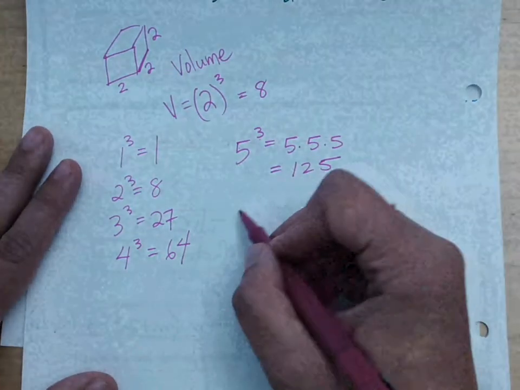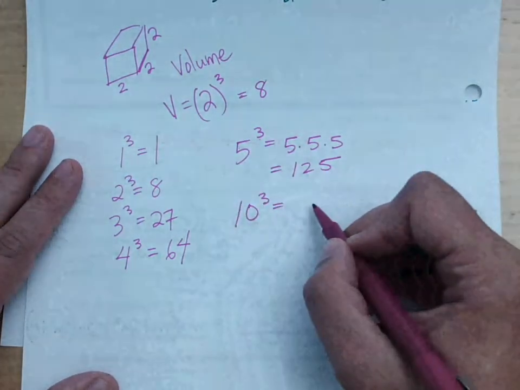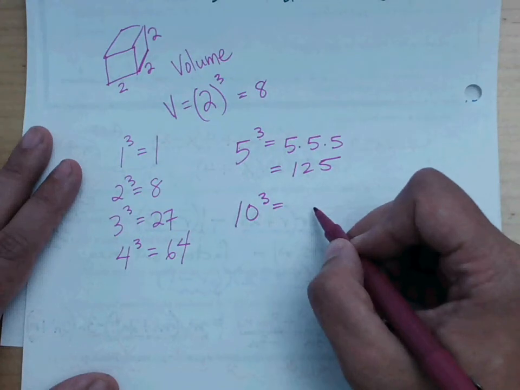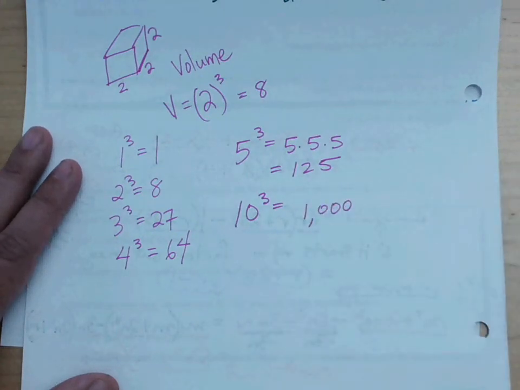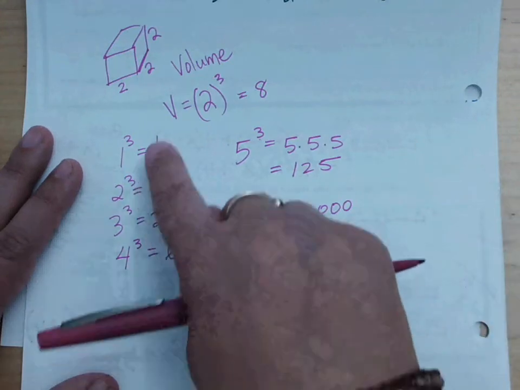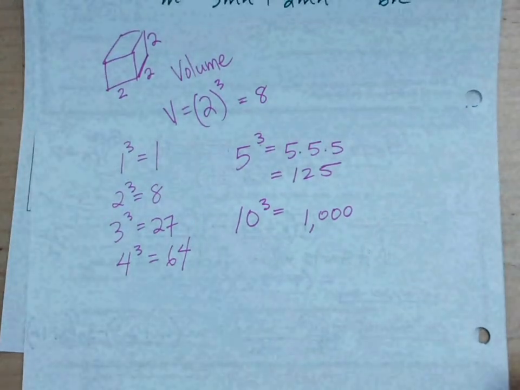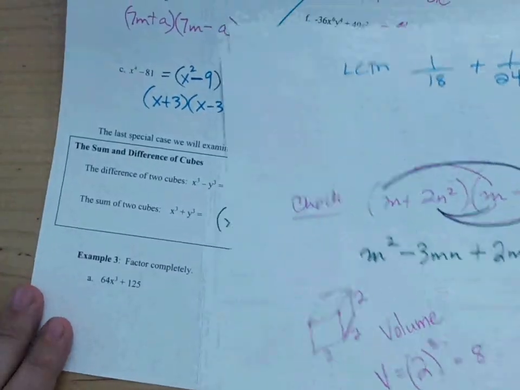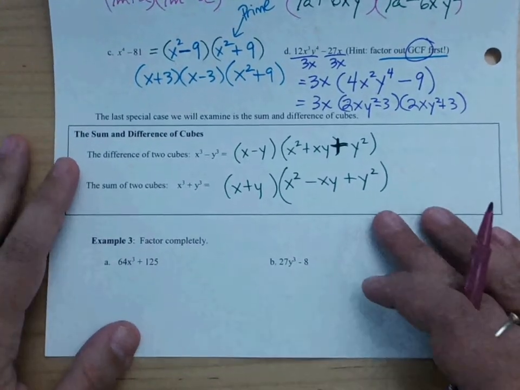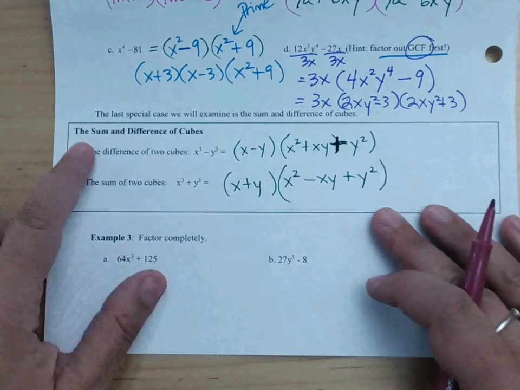Okay, let's do 10 to the third power. We know that from scientific notation. 1,000. 100 times 10. 10 hundreds gives you 1,000. So these are what we call, just like we had perfect squares, perfect cubes. You do not see these come up that often, but you have these special cases, the sum